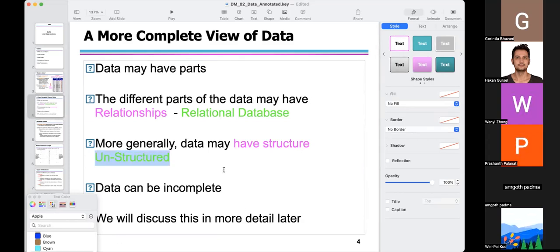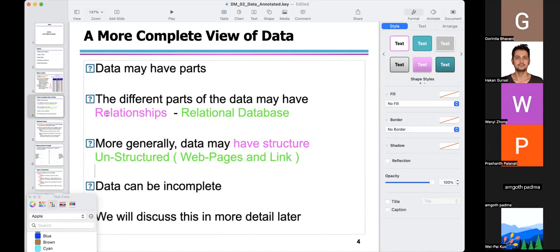Let's say the data on the web, the World Wide Web, all the web pages and links between them. They are not relational data. They are in a form of a graph, right? They have these web pages that look like circles and the links between them. This is an unstructured data, so